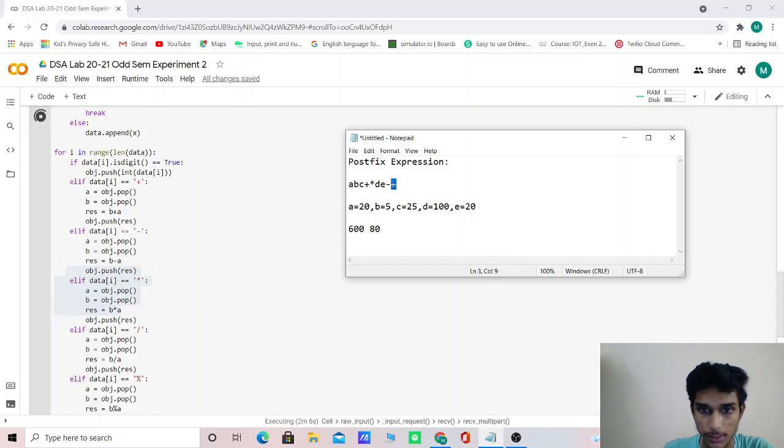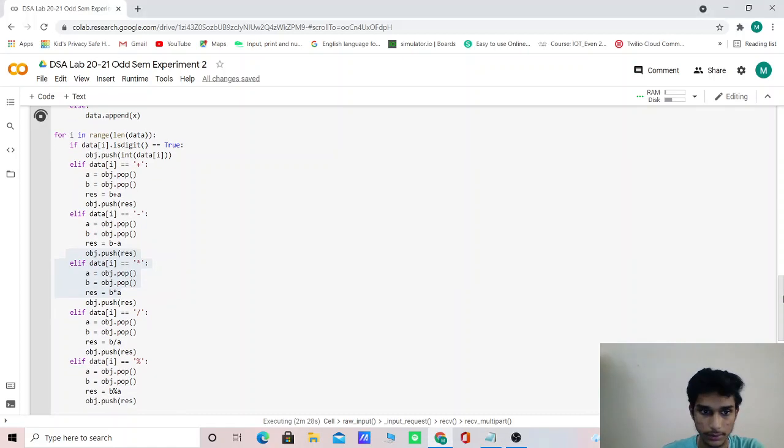Then it comes to the plus operation, and it comes as 680. This is the last value which will be present over here.